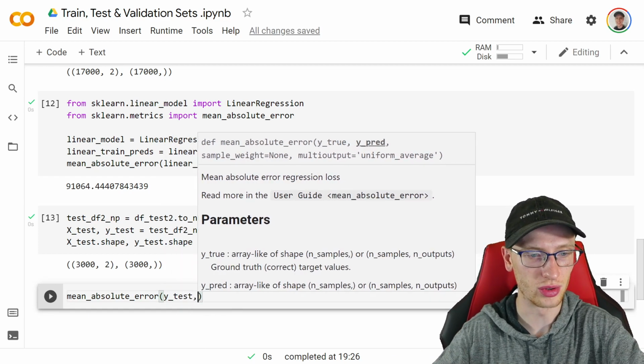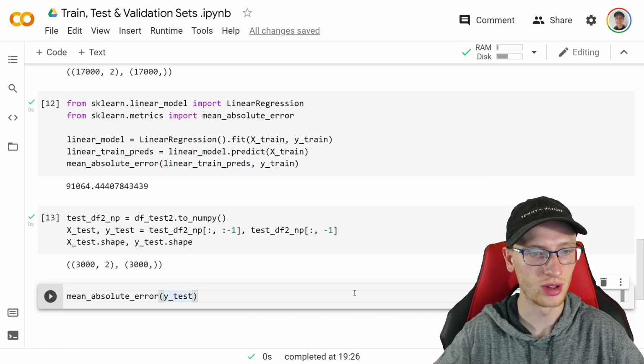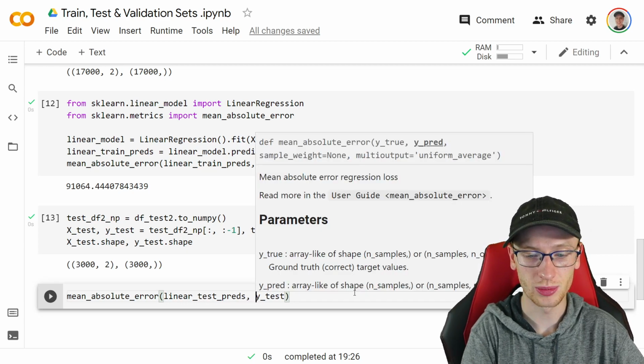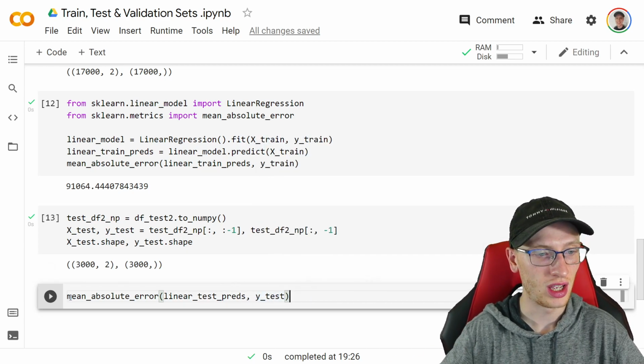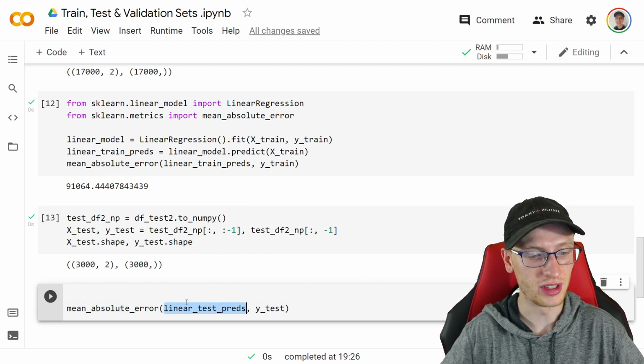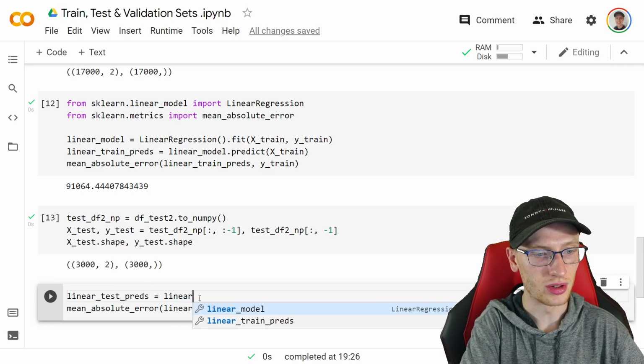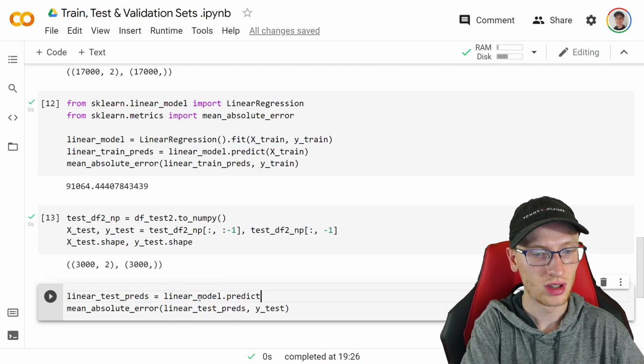Actually, I have it in a different order. I'll just try to stay consistent with the order, but it doesn't really matter. With linear test preds, which I haven't made yet, we're about to make this, linear test preds and y test. And we can get this: linear test preds is equal to linear model dot predict on the